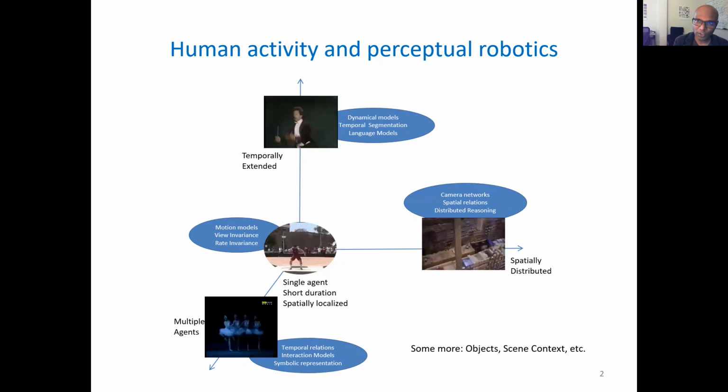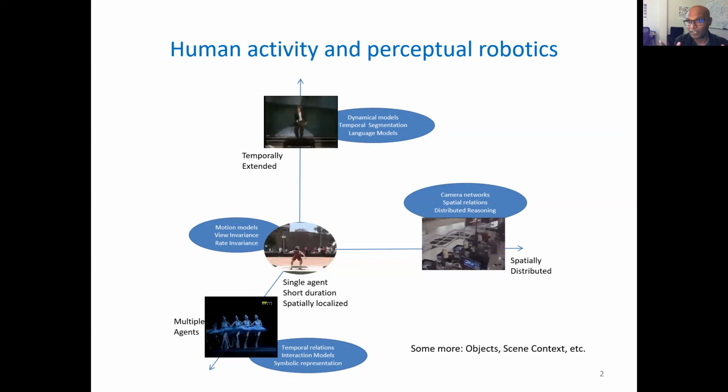For the purposes of this talk, when I mean human activity, I broadly constrain myself to the simplest categories of actions, which are single human, spatially and temporally localized. So that's where most of our explorations have been in applying topological methods. And even that has been challenging, but we've had some initial successes and not successes. So I'll present the whole story.